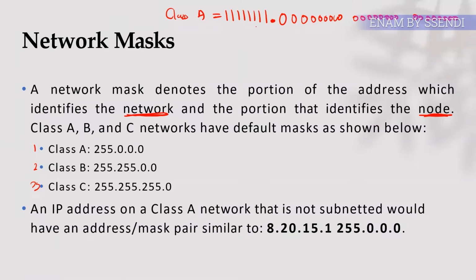So if we convert this into decimal, we shall have 255.0.0.0, because all these are turned off, so it gives us an answer of 0. Are we together, guys? For those who don't know how to arrive at this number of 255,